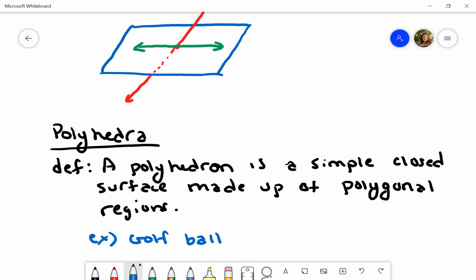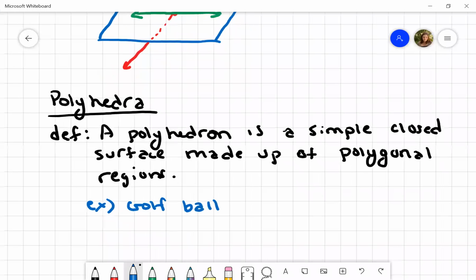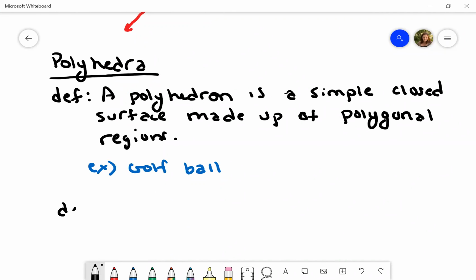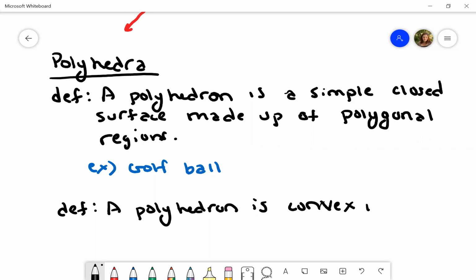Okay. And there are multiple types of polyhedron. It doesn't have to be smooth, but we'll talk more about that later. Before we do that, I want to give us one more definition. A polyhedron is convex. We've seen this phrase before when we talked about polygons. A polyhedron is convex if the line segment connecting any two points